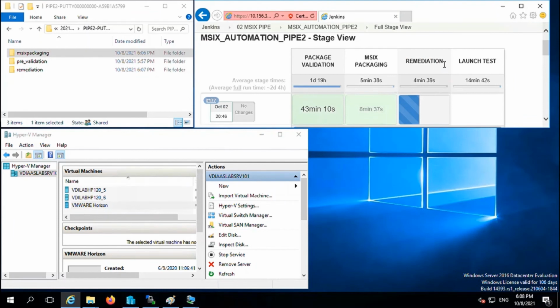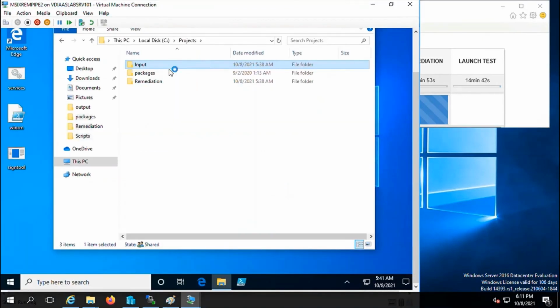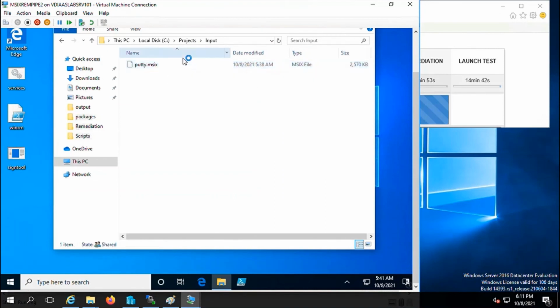Remediation stage started. In the remediation stage, the engine will clean unwanted files, junk files, and folders, organize fonts and images, remove unwanted shortcuts, and disable application updates. The putty.msix package is copied to the input folder of the remediation machine.